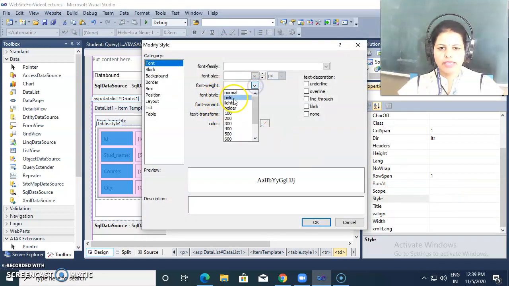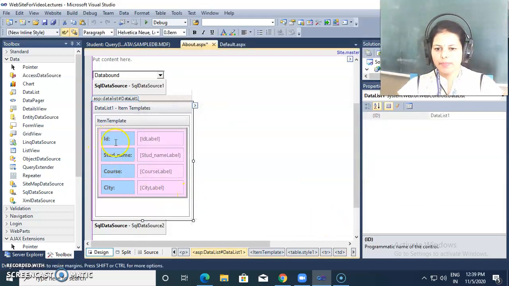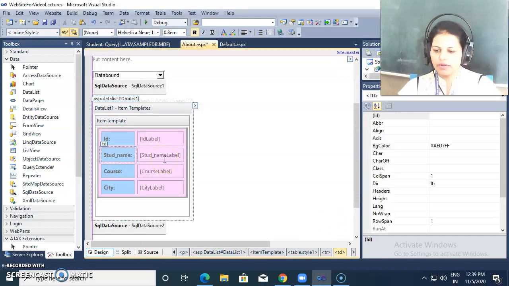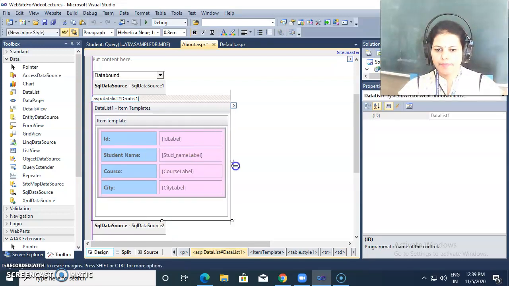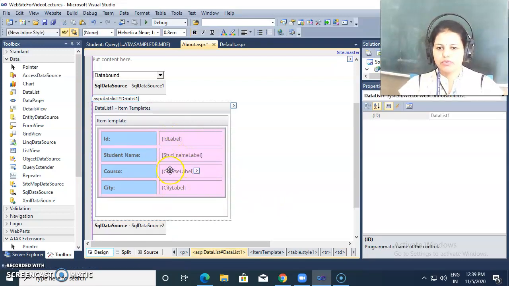I'm changing it as bold, and font size I don't want, but okay, this is okay for me. Then I don't want this underscore but student name full I want. You may change according to your choice. So in this way you may do whatever the changes you require.